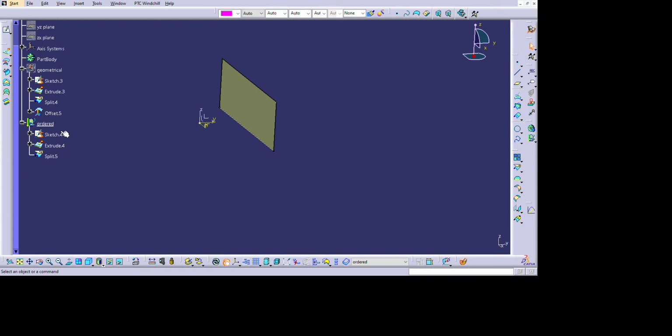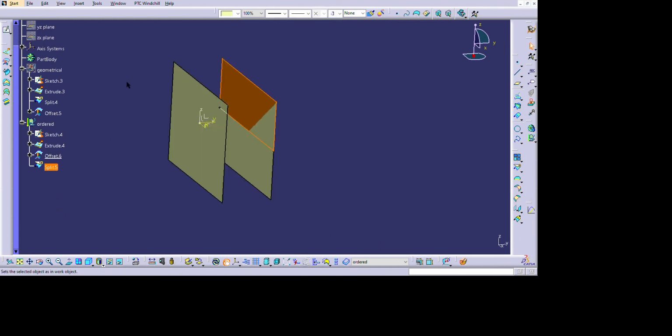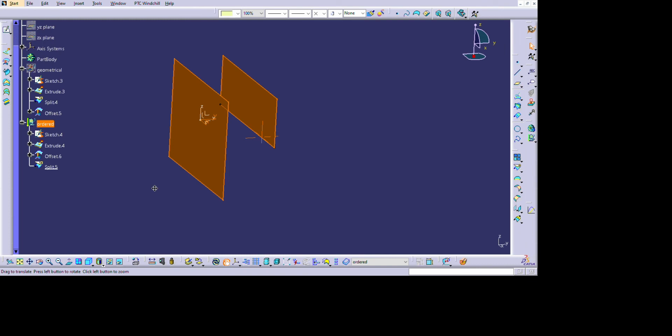But let's say you want to use extrude 4 only, so how can we do it in the ordered set? You need to define this as the current object, extrude 4. So it will go back in the history and fix at this current timestamp, and then you can create an offset of it. And then if you define this, then this is separate. If you observe carefully, there's one advantage of ordered also, wherein there is no